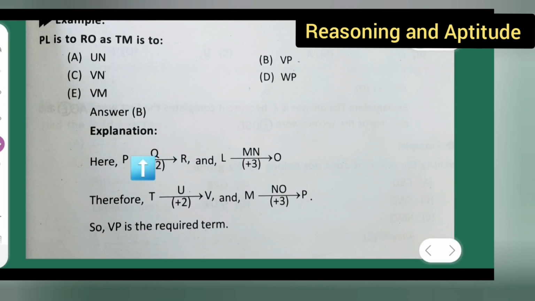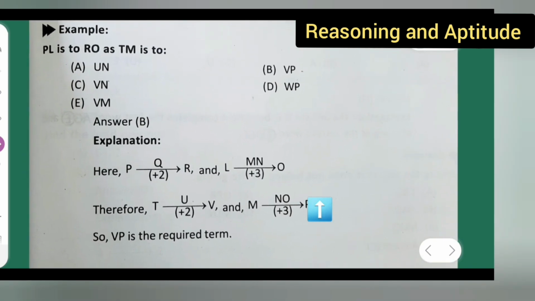Here P, R first. PR is given. PQR minus 2 you have taken. Then L is what? LO. LO will be MN. LMNO. Right. TUV MNOP. So which is the correct option? VP is the correct option,